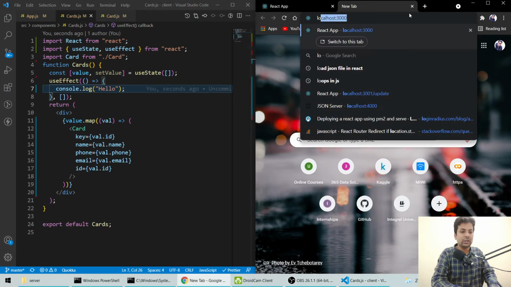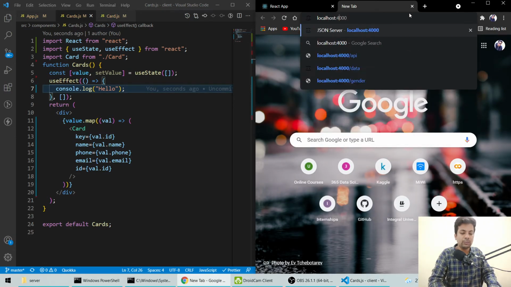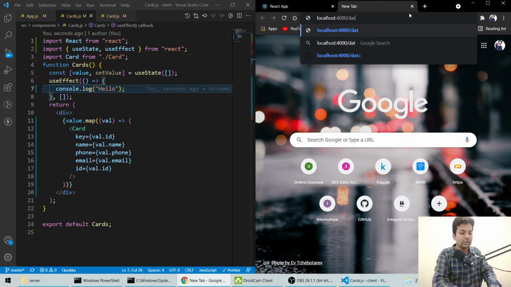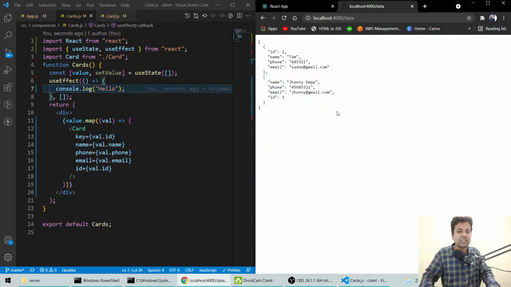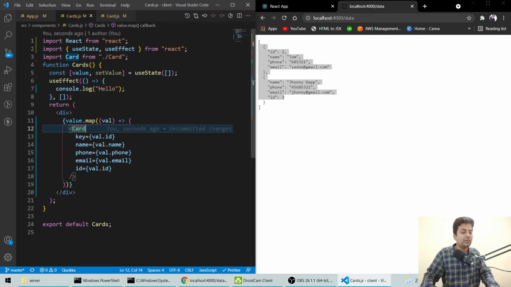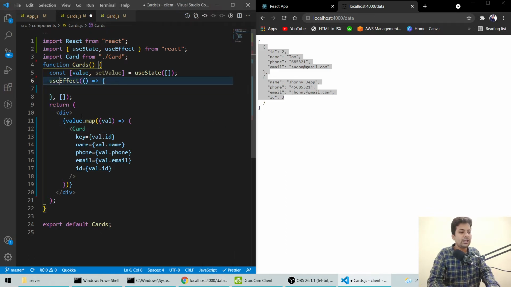So we can see we have to fetch it from localhost port 4000 slash data. So we have to fetch it from here. So how will we fetch?